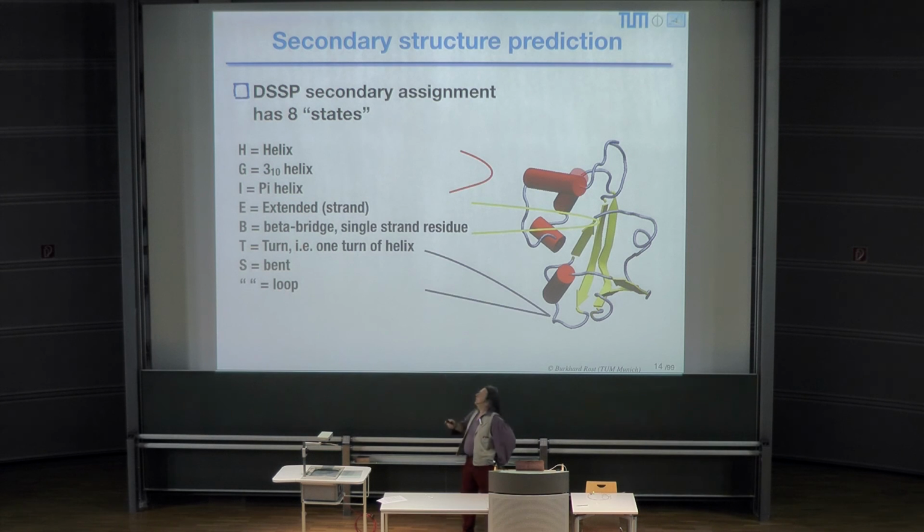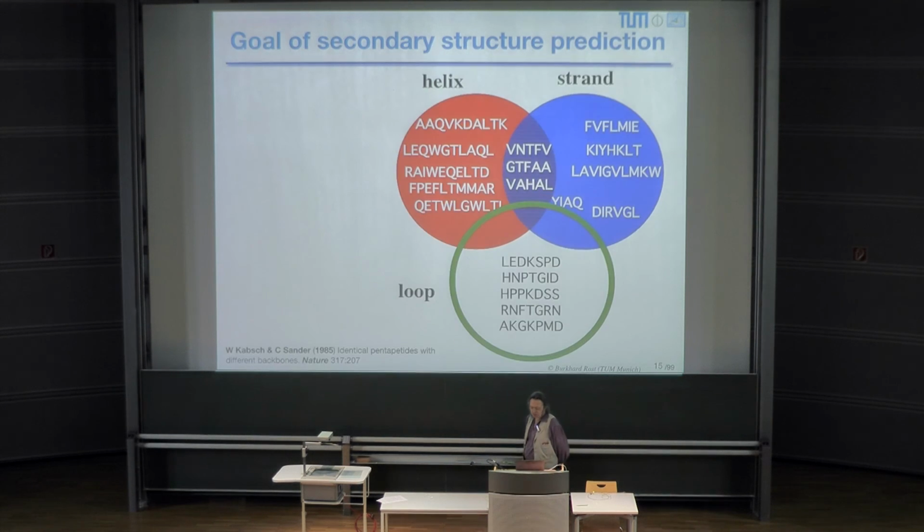Let's get back to DSSP. I actually omitted on Tuesday the pi helix here. There are 3 types of helices, 2 types of strands, and the other 3 states are considered other, non-structured. Now, the first step after you have this classification using DSSP, using structures to classify proteins automatically from 3D structures into assignments of secondary structure, you can actually analyze structures. And the first thing that the authors of DSSP found out was that some peptides, so some stretches of amino acids, typically referred to as peptides, were always observed, so this paper was '85, were always observed at the time in alpha helix, others in beta strand, yet others in this other state,